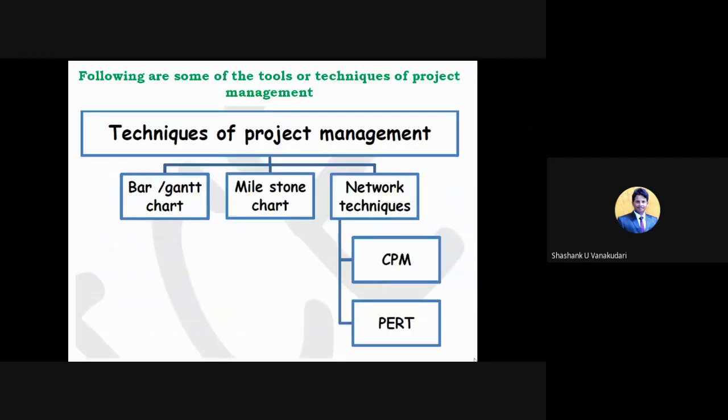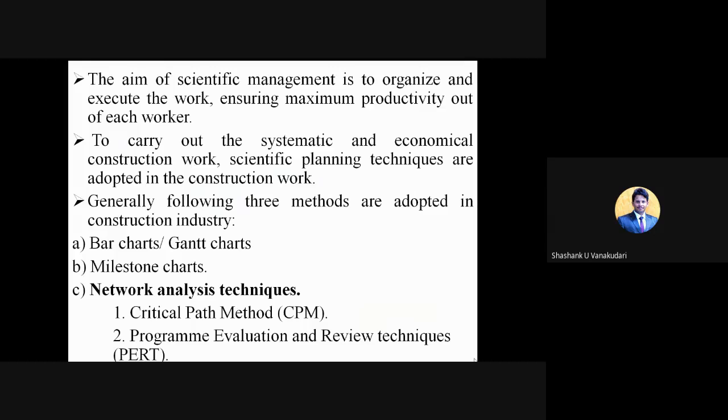In the previous class, we discussed different techniques used in construction project management. First, we studied the general concept, the Gantt chart, which we can also call a bar chart. In milestone, and again, you'll have network techniques such as CPM and PERT, that is critical path method, and PERT means program evaluation review technique. So these are the basic concepts of the critical path method as well as PERT.